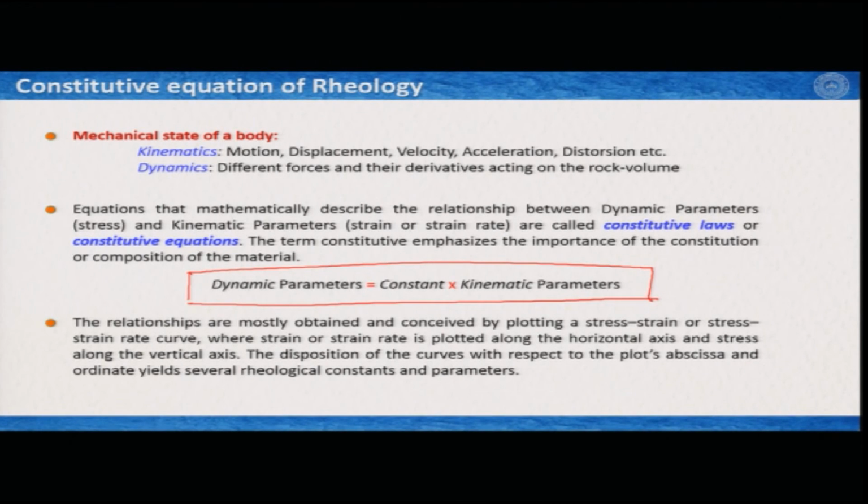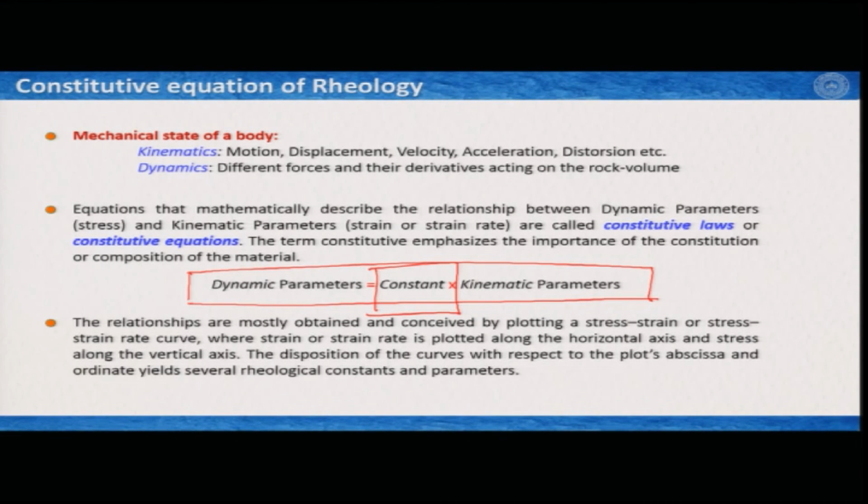Now in earth sciences or in many other subjects including structural geology, the relationships, the rheological relationship, that is particularly the constant, are mostly obtained. Finding the constant is the challenge, and these are mostly obtained